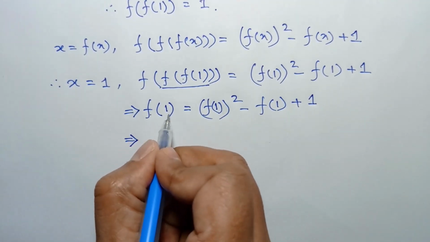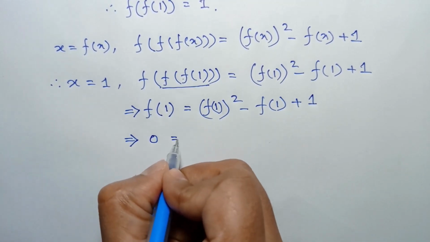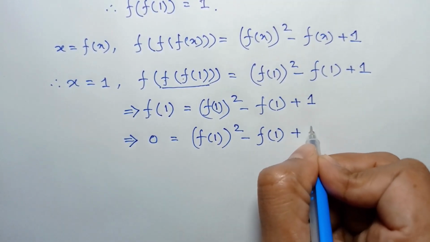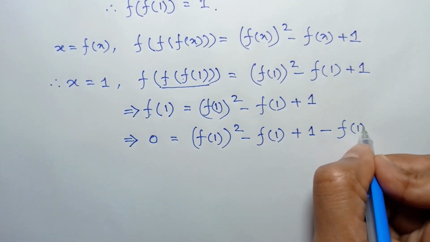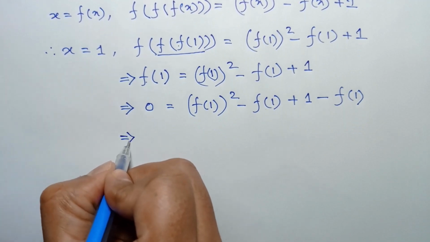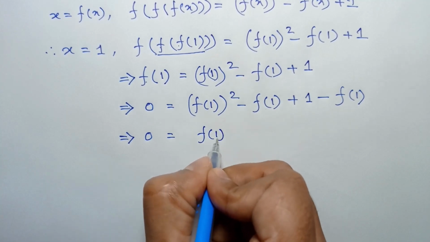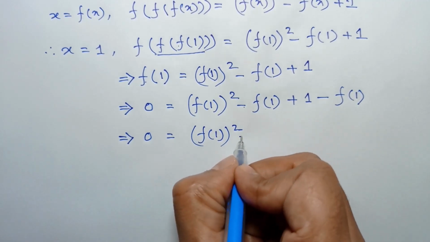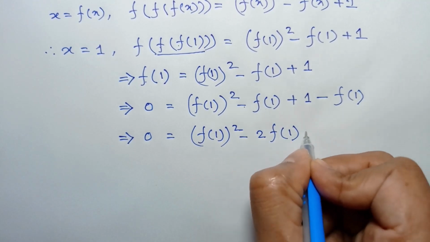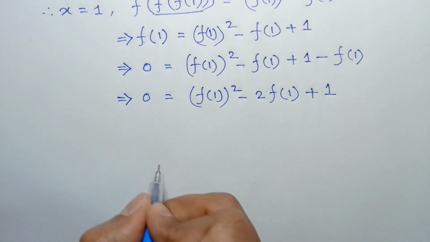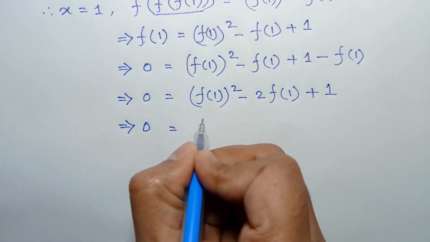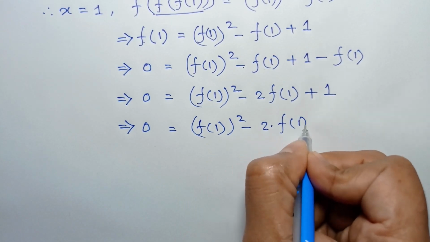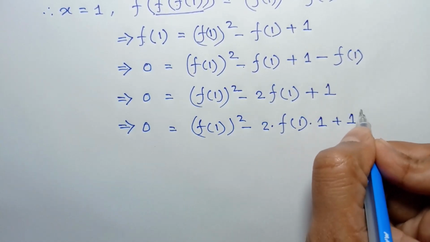or taking this f(1) to the right side, we will have 0 is equal to f(1) whole square minus f(1) plus 1 minus this f(1), or 0 is equal to f(1) whole square, and negative f(1) minus f(1) is negative 2 times f(1) plus this 1, or 0 is equal to, we can write it as f(1) whole square minus 2 times f(1) times 1 plus 1 square,